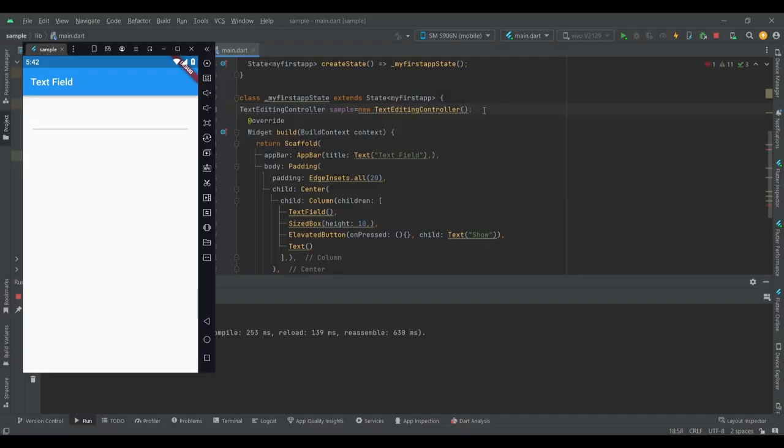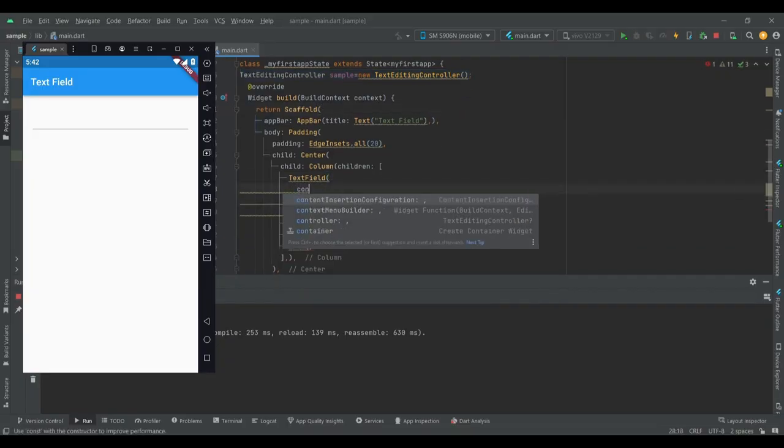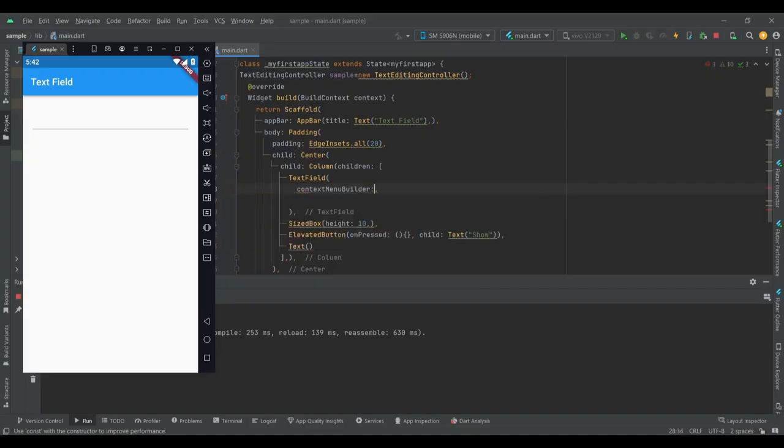So we have created a TextEditingController here. We have to pass it the controller, controller: sample,